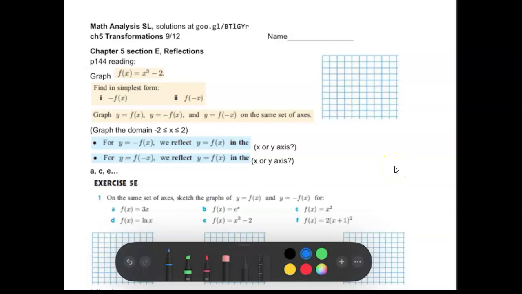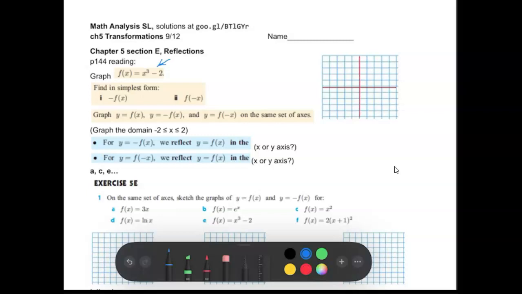This is page 9 of transformations. So first thing we're going to do is graph this function right here, which is the x cubed function lowered vertically by 2, right? Just to make things step by step, I will first